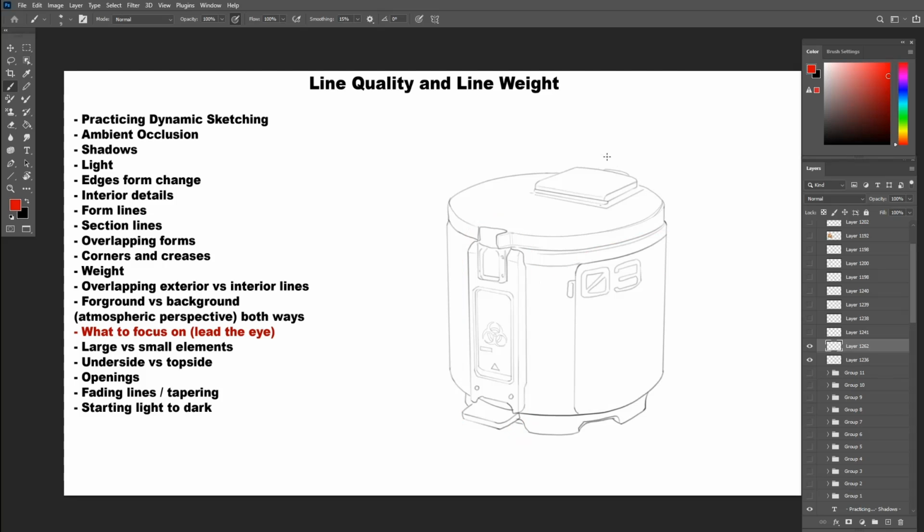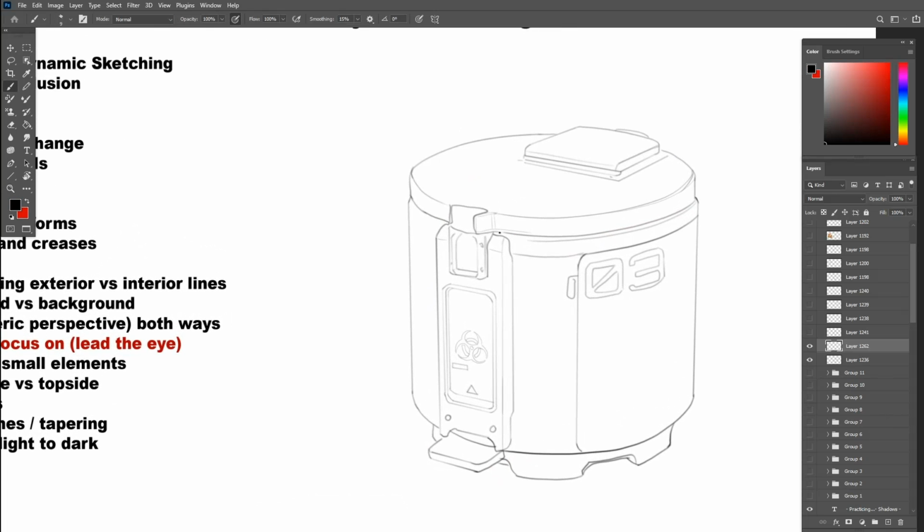So let's decide first where we want the viewer to look. The important part of this prop is the panel that shows the hazardous label of the materials inside. So let's focus on this and add a thicker line toward that area around the panel. I'm not breaking any rules we talked about here, so I'm still careful where the shadows are, where the light is, but I'm mostly focusing on the area of interest that I want you to look at.